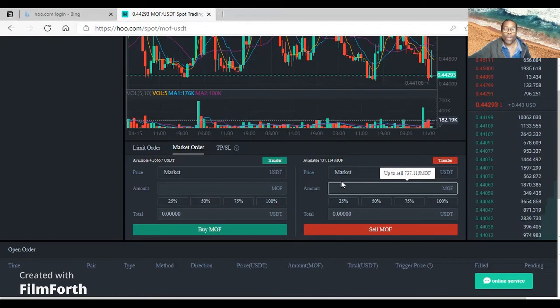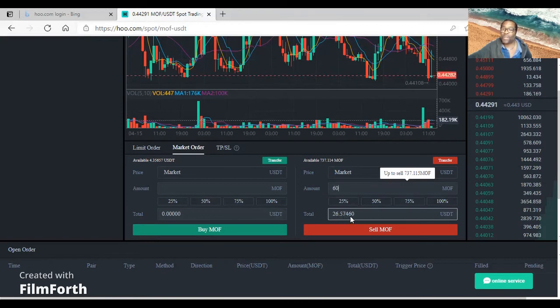You don't have the space now to put the price, because you are accepting the best available price now in the market. The only thing you can put here is the quantity that you want, like say 25% of 737 is 184. But let me not really put that. Initially I put 50. Let me just make it 60. So I am selling my MOF 60, and what it can just give me is